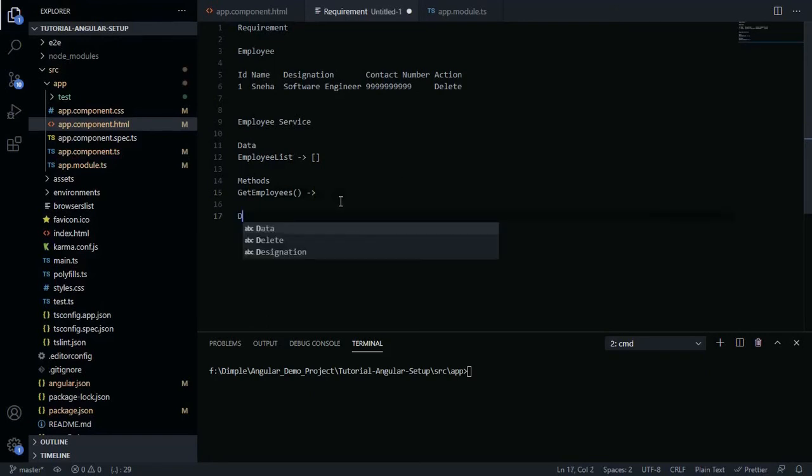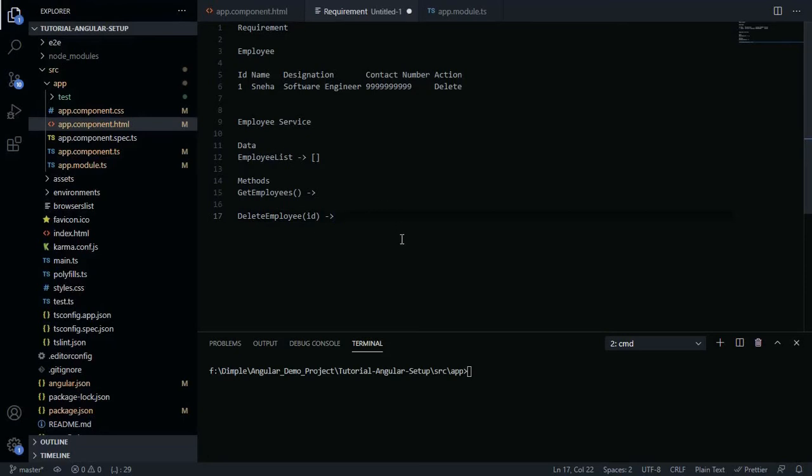The second method is delete employee. For that I need the ID. It will delete the particular employee for which we pass the ID, so based on the ID it will delete the employee from this employee list.